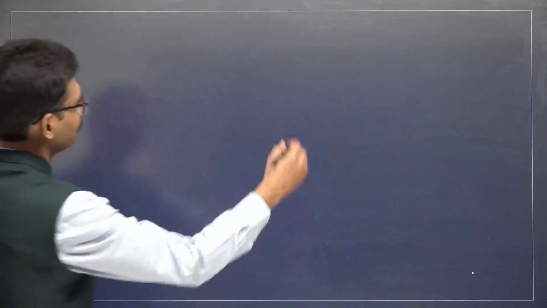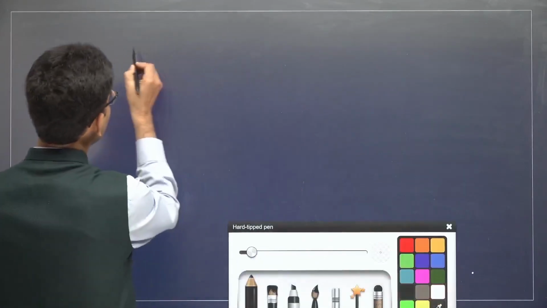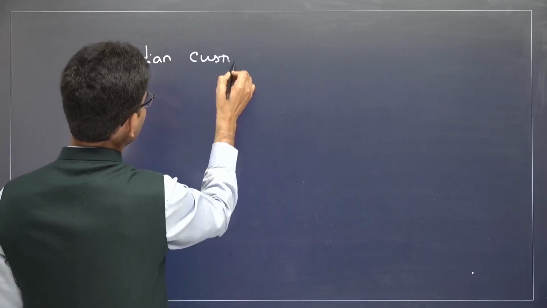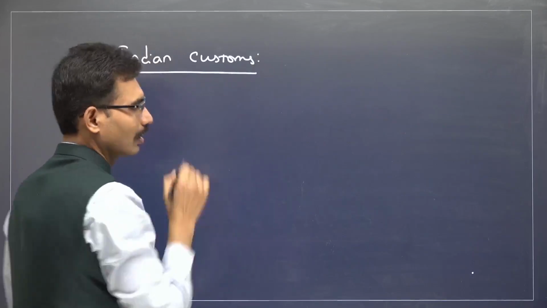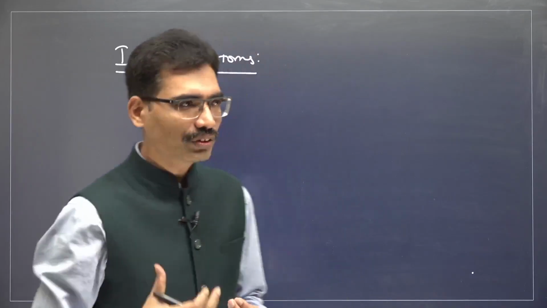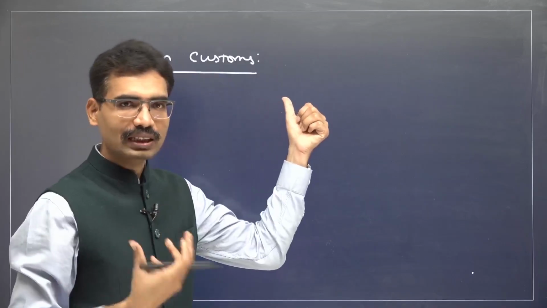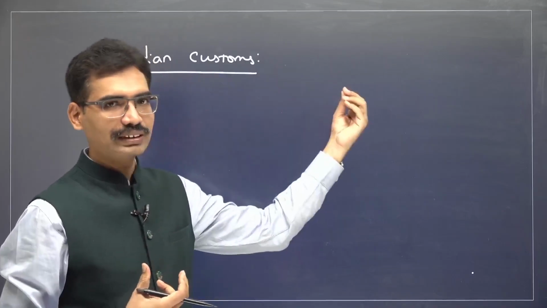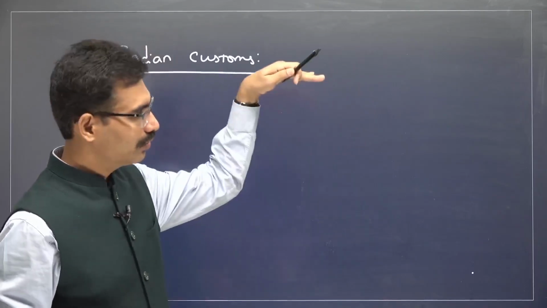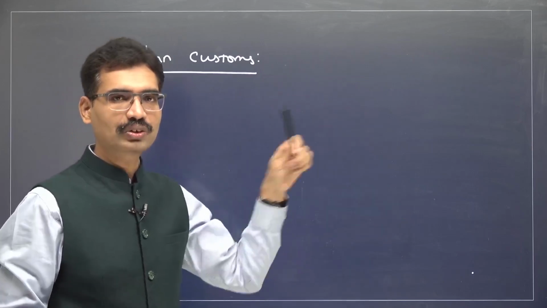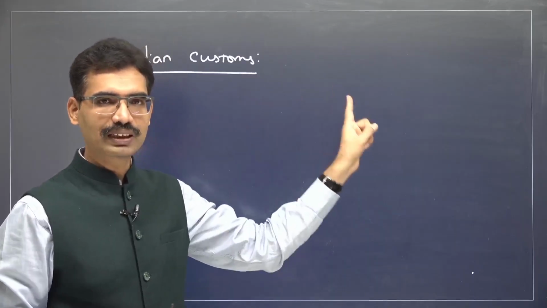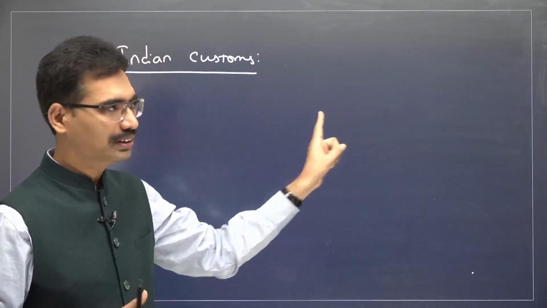Now let us see this. When it comes to Indian customs, because we are understanding socio-religious reforms, we have to know which circumstances, which background is propelling Indians to think about a reformation in Indian society. This is the system. Now, when someone is creating a new system altogether, a new kind of mindset in the society is required, and that is propelling Indian leaders also to think about reformation in Indian society.